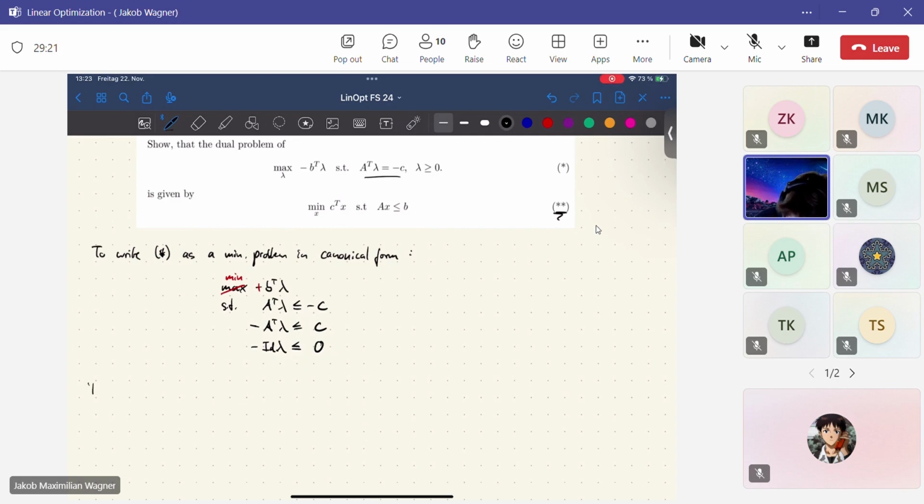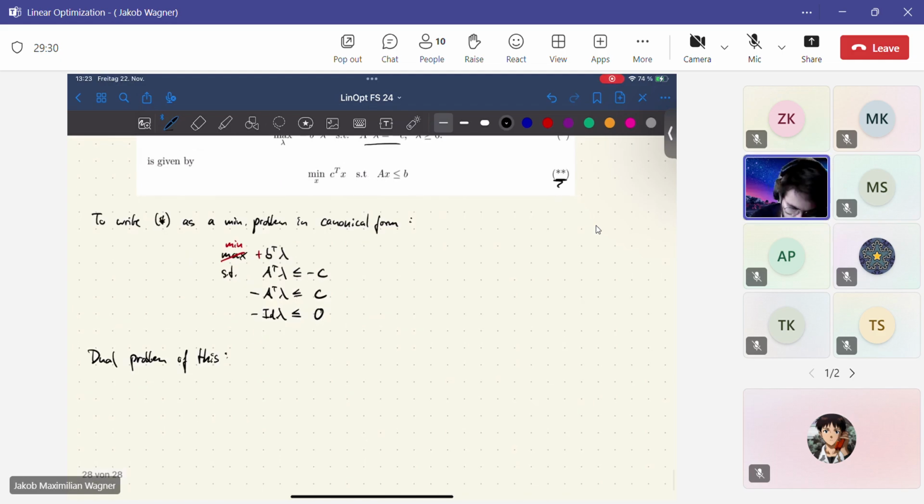We know that the dual problem of this is the following: maximize minus this right-hand side vector, so c, minus c and 0,